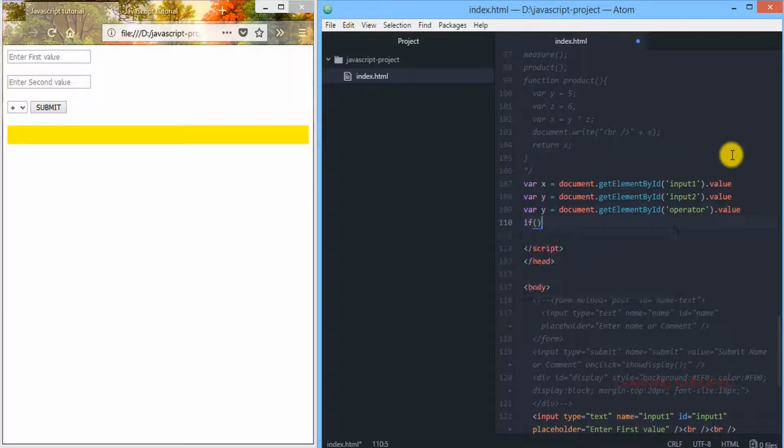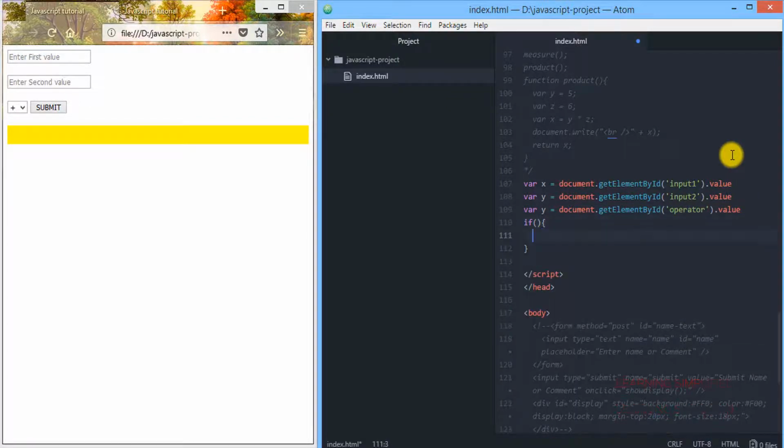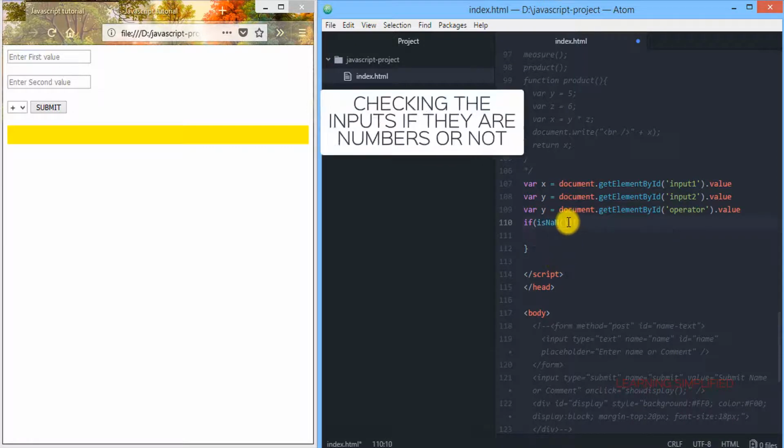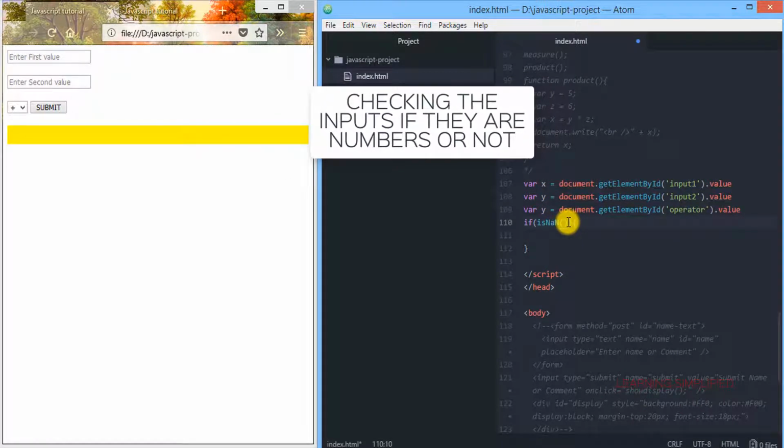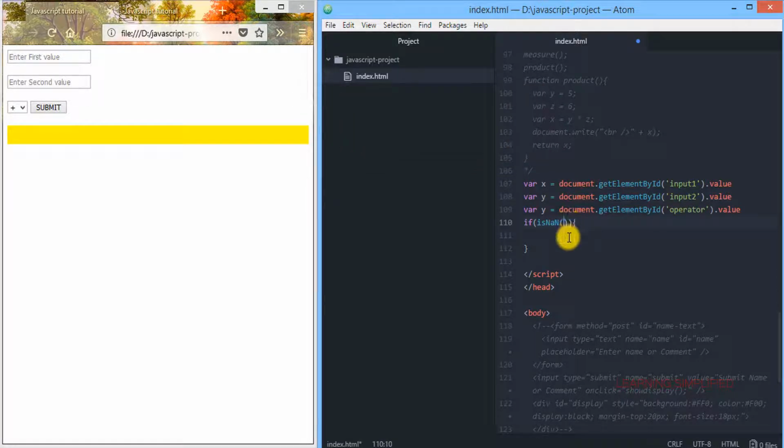We said that in the first case, we need to check the inputs that have been provided, whether they are numbers or strings. So that is what we are doing. We are first checking the input value of x or this one. Now what is this particular line saying?